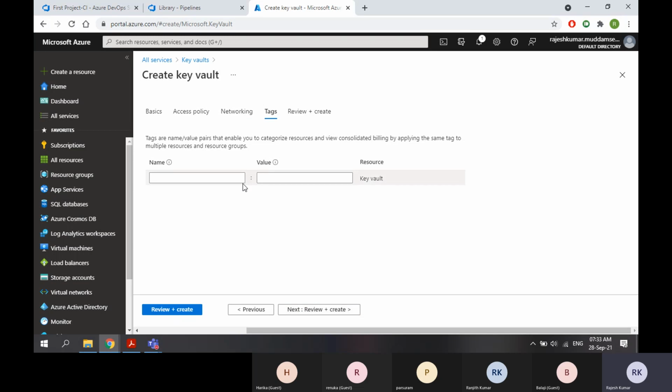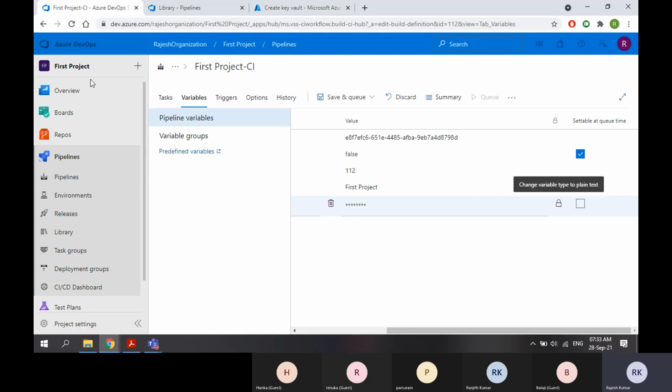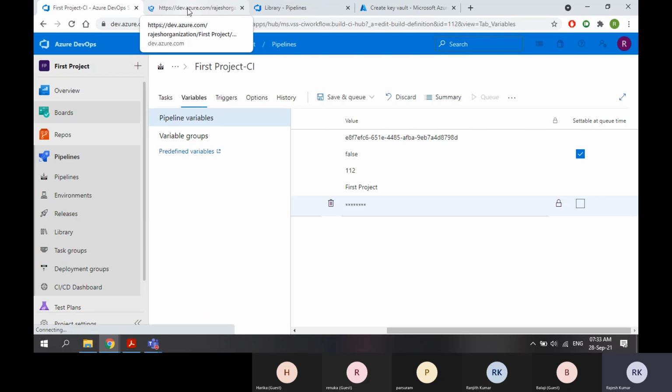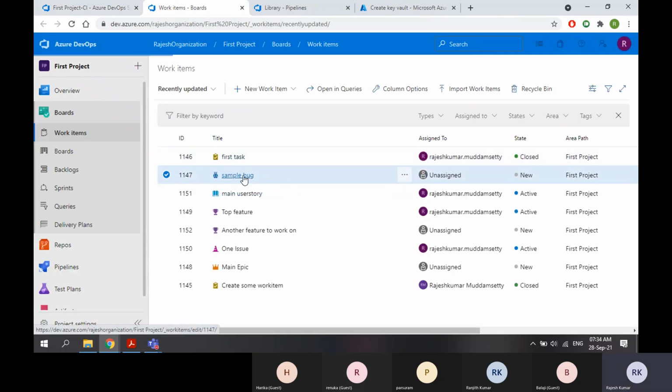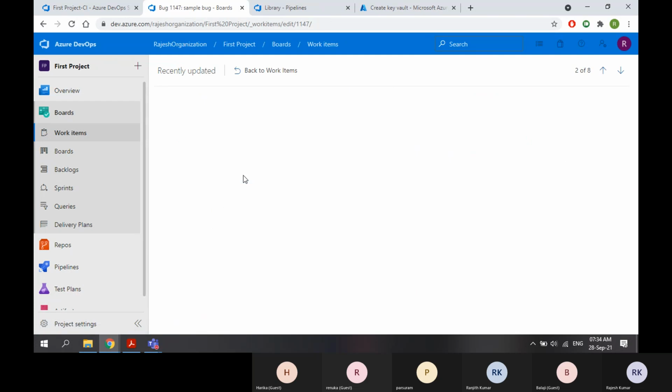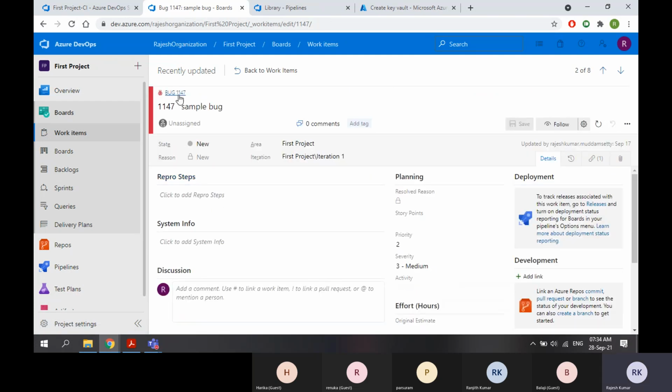Then next, tags. I already told you tags are something like a unique or extra value by which you can differentiate your work items. We have seen here in the work items concept. If I go to any bug, I have bug ID 1147 and bug title sample bug.